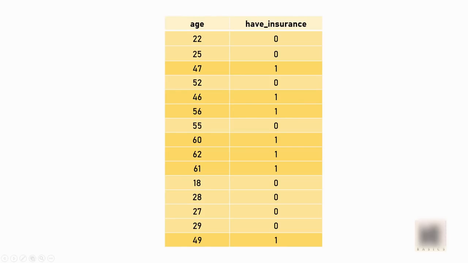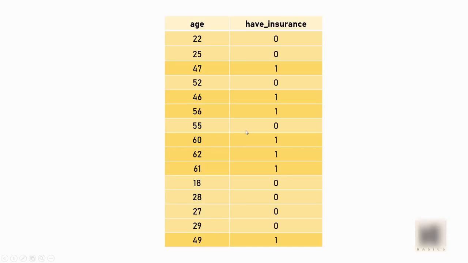Let's say you are working as a data scientist in a life insurance company and your boss gives you the task of predicting how likely a potential customer is to buy your insurance product. What you are seeing here is the available data, and based on the age, the information you have is whether the customer bought the insurance or not.